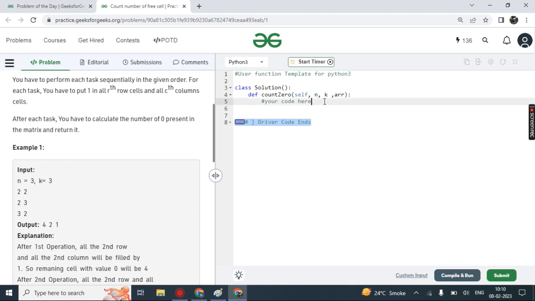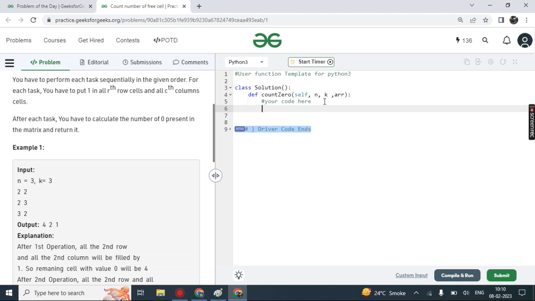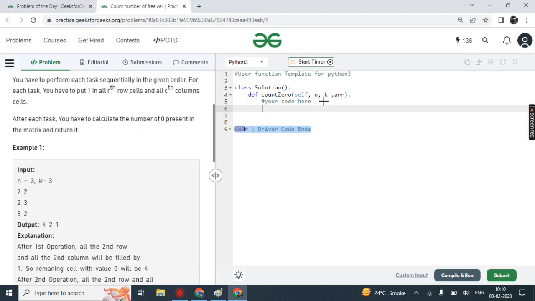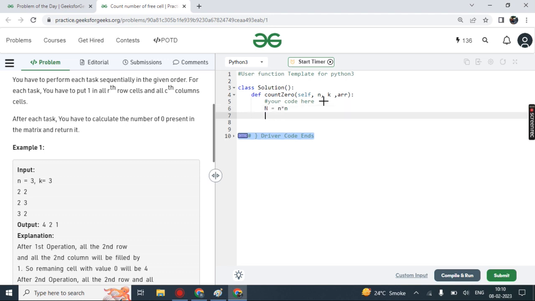So let's start coding first in Python. Whatever we explained, we are just coding here. First we need to check how many zeros are there. It is an n cross n matrix, so the total number of zeros is nothing but n cross n. So I'm just making a capital N equal to n cross n. Okay, and then whatever rows and columns we are making 1, we are putting in one list. But we can see here that rows and columns are repeated also, right? In the first task row is 2, in the second task row is also 2, right? So if we are making a list, then there will be duplicates.